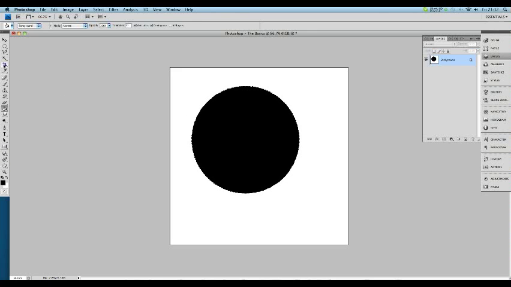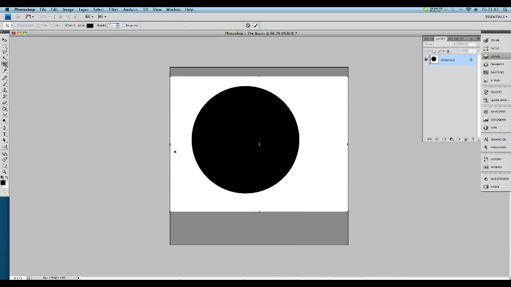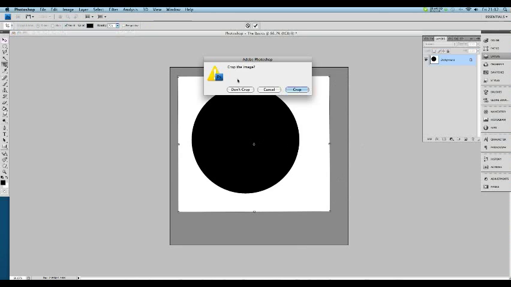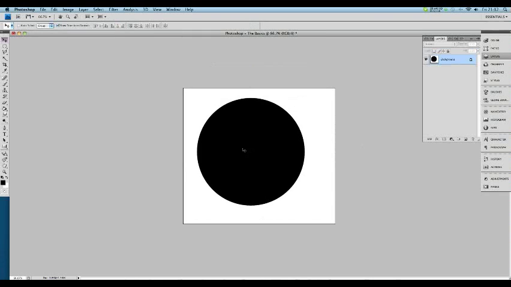So the next tool here, we've got the crop tool. This is pretty self-explanatory. This will just crop your image down to whatever particular size that you would like. Yeah, pretty self-explanatory. Now the eyedropper tool here, this will select a particular colour within your document, which is really